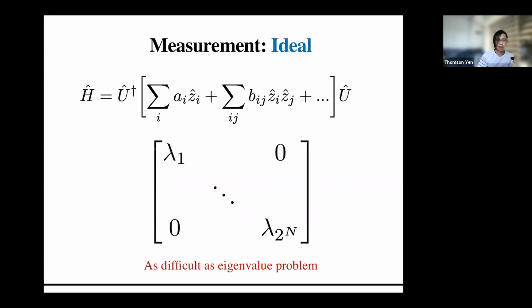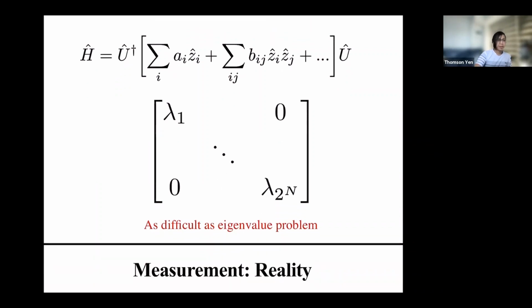representation of these Z operators. So these Z operators, if you do the tensor products, you would end up with a diagonal matrix with 2 to the n dimension. So you realize that actually finding this unitary is equivalent to solving the eigenvalue problem of your Hamiltonian. And of course, that's not possible. So